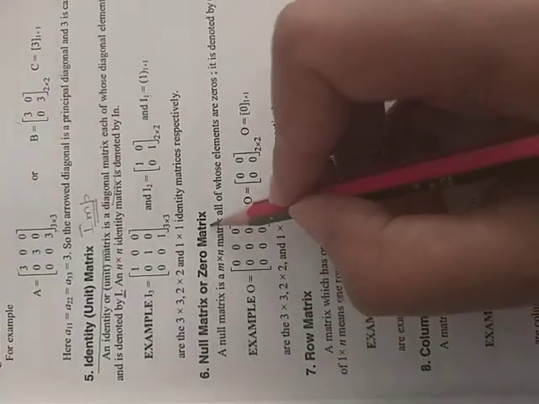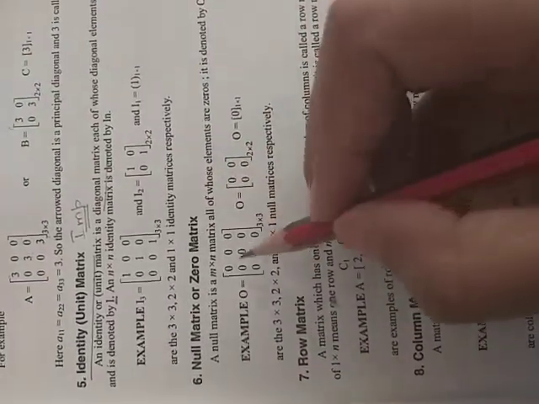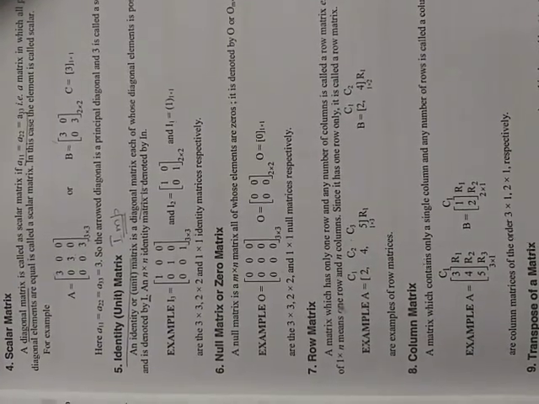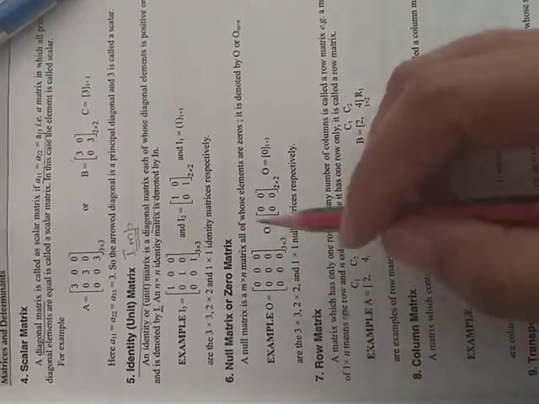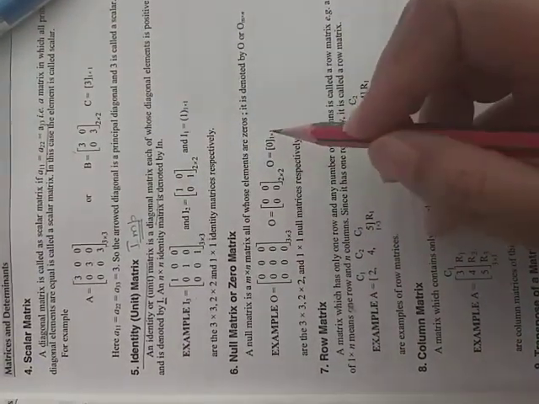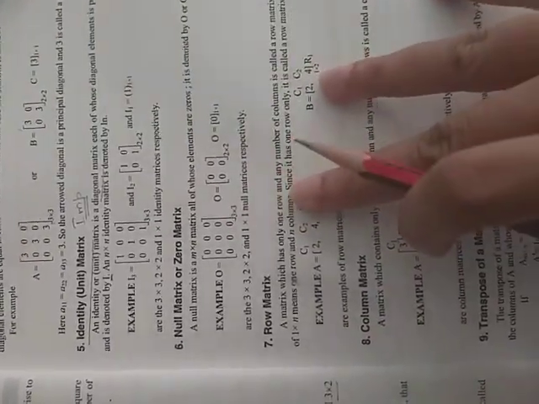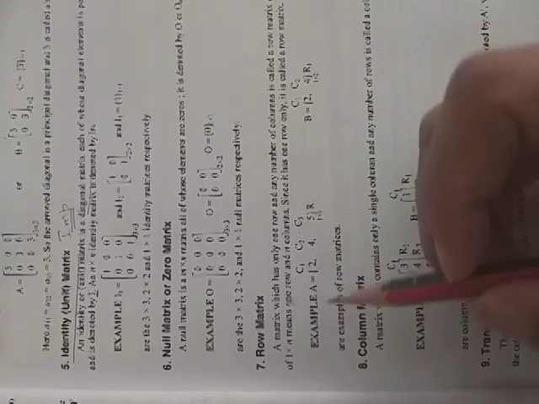Next is a null matrix or zero matrix. It is very easy. It is a matrix in which all the entries are 0. Why do we need it? It is simply like the number 0. When we do addition and subtraction of real numbers, we need 0, and we cannot survive without 0. Similarly, the null matrix also plays the role of 0. We say it is a 0 matrix because all the entries are 0. Its order we can take according to our question.